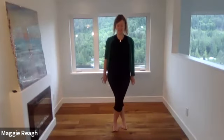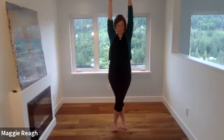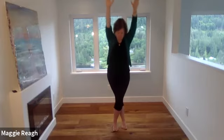And you're going to inhale, if possible, bring your arms front. If this is not accessible, bring your arms side, which might feel better in your body. We say bring the arms front activates the lower back a bit more. And as you exhale, coming forward